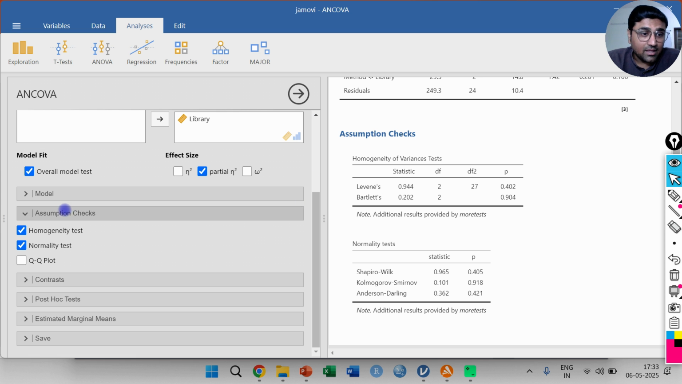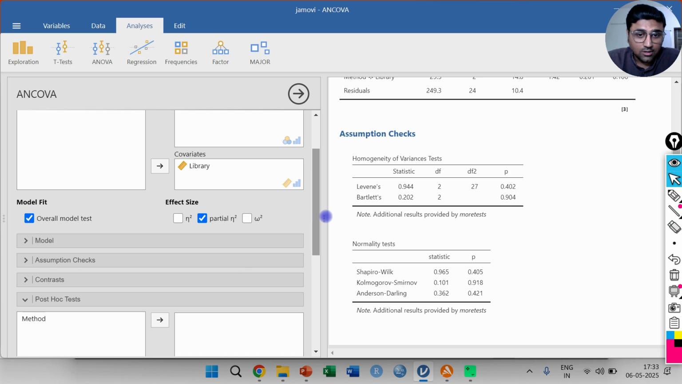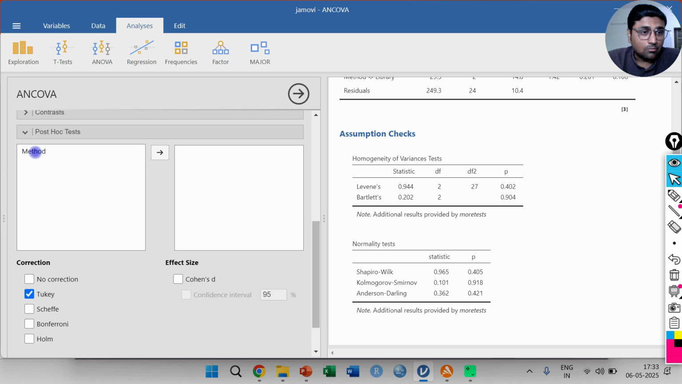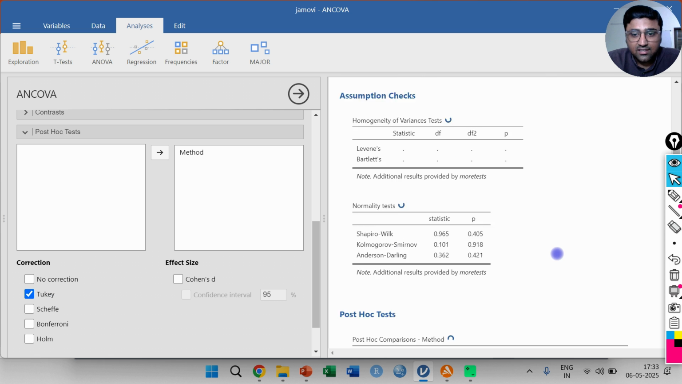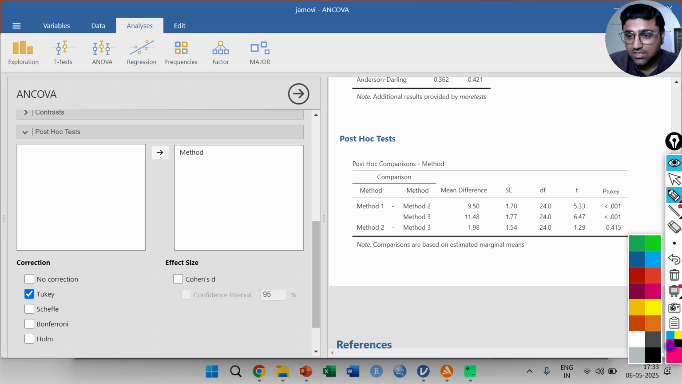Now we want to test which teaching method or which group is different from others. For that you go to Post-Hoc, move method to the right box. By default Tukey is selected, so you don't need to change anything. Simply check the result of the Post-Hoc analysis, and this will give us the idea which group is different from others. So here you can see